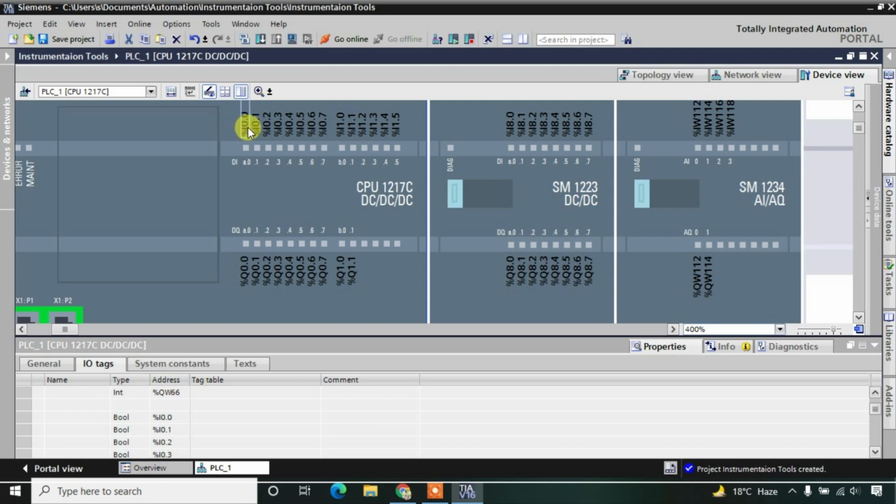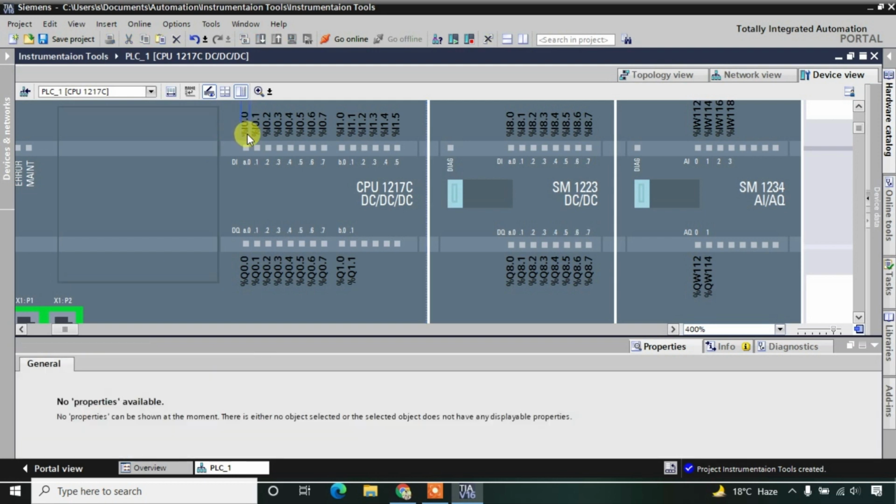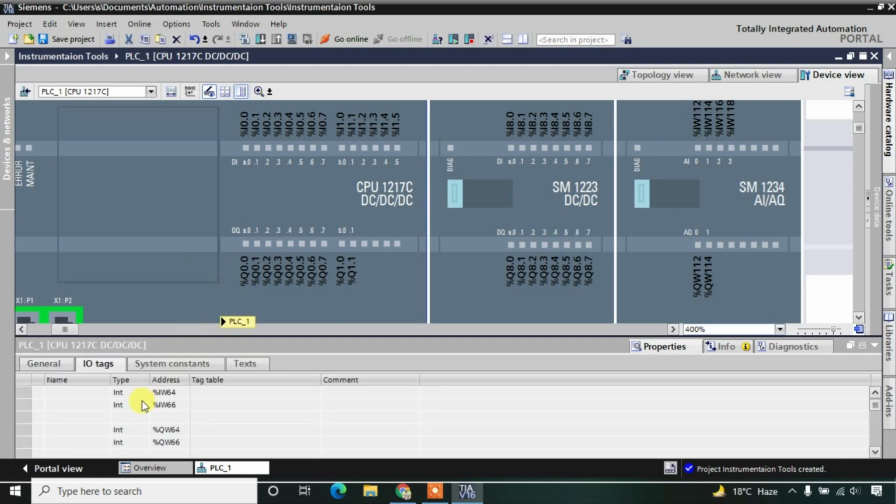So this is our digital input 0. This is not showing anything here because we have clicked on this input. If you click on the PLC again, it will start showing the digital inputs. Here we have digital input D1, and I0.0 is the address of this input.